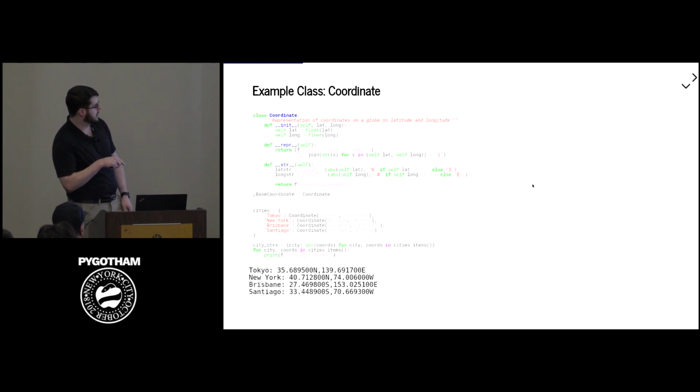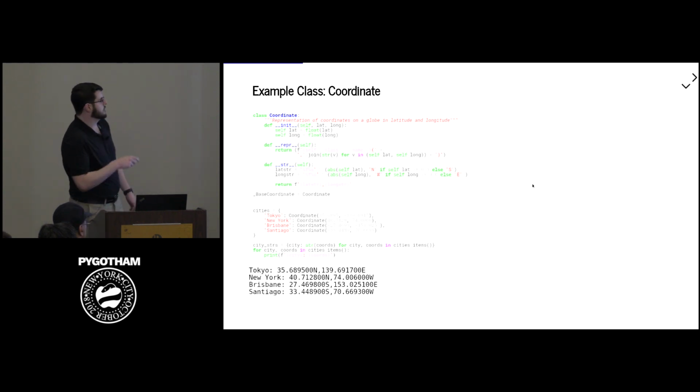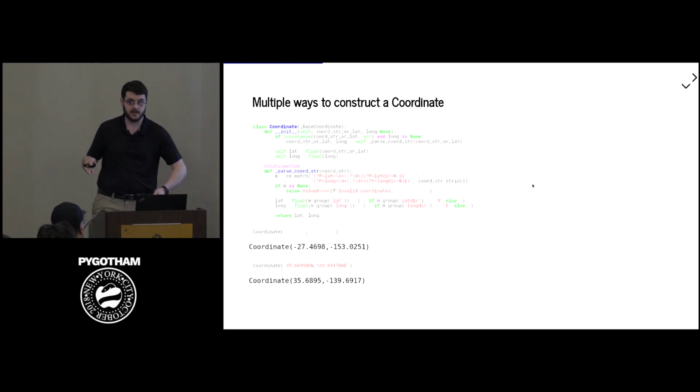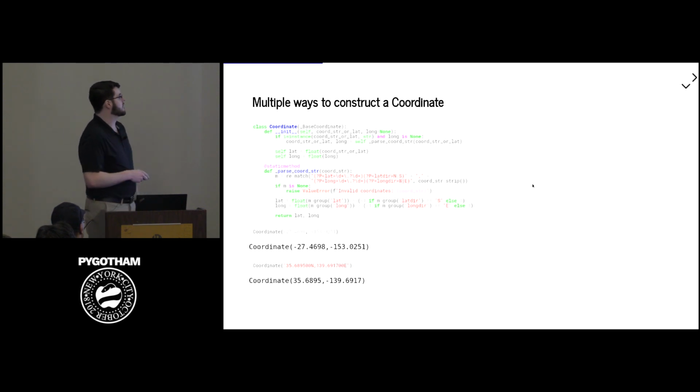So here's an example. I have this mapping of cities to their coordinates. But what if I want to go the other way, right? Maybe I printed this out to some JSON thing, and then I want to deserialize it. I don't really have any way to take the strings and turn them into coordinates here. So naively, you might say, all right, let's write a function that looks like this, where we have an init that will take either a string, and if it's a string, I parse it, or it'll take two floats, and if it's two floats, then I